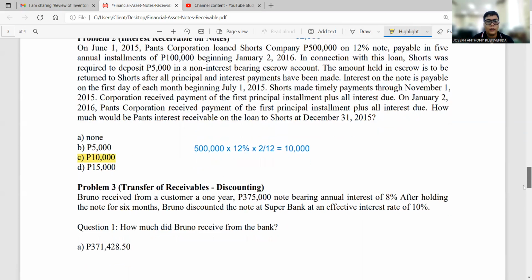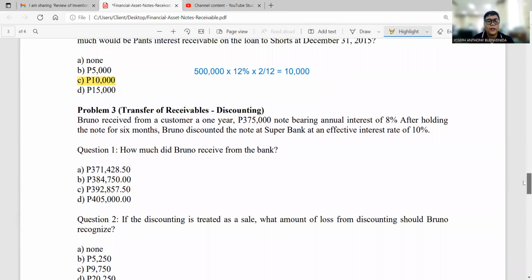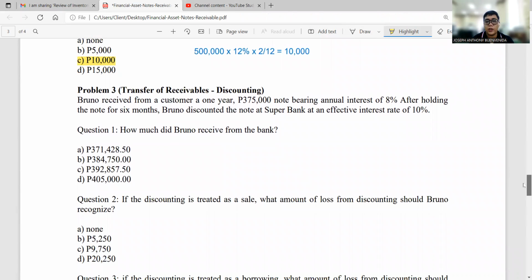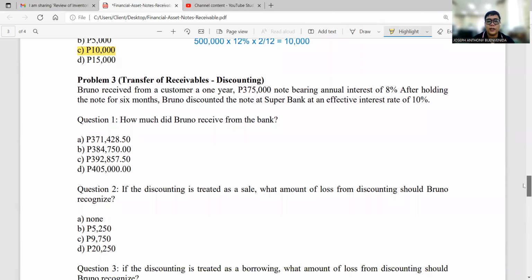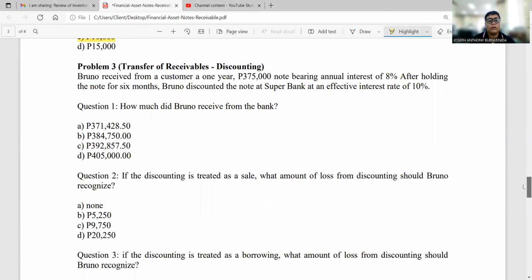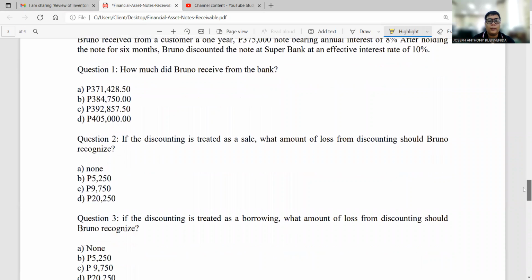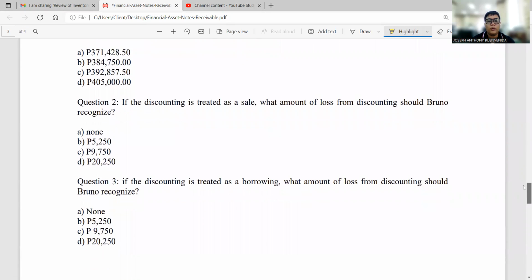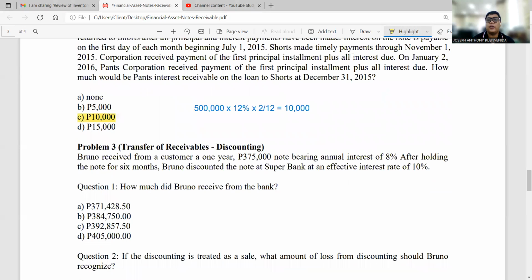Next, transfer of receivable, discounting. So may tatlong question. Question 1, how much did Bruno receive from the bank? Question 2, if the discounting is treated as a sale, what amount of loss from discounting should be recognized? Question 3, if borrowing, what amount of loss from discounting should Bruno recognize? Okay, so